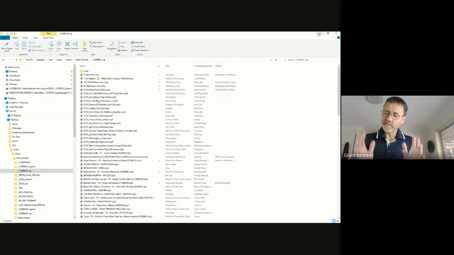So again, the reason I've done it this way is so that I can add music to the playlist, take music out of the playlist, adjust the playlist without actually going into Station Playlist at all and telling it that these songs are in or these songs are out. I do it all just by putting music in these folders, taking music out of these folders. Okay, that's why.